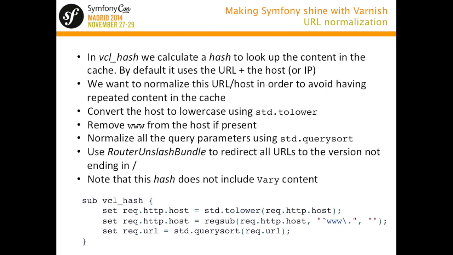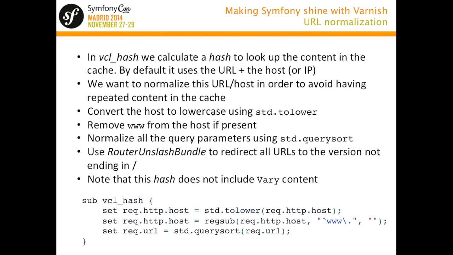So next item, URL normalization. When we store things in the Varnish cache, we use this hash to find out which object we want to retrieve or not. We usually hash on the host and the URL, so that every URL, a combination of host and URL, goes